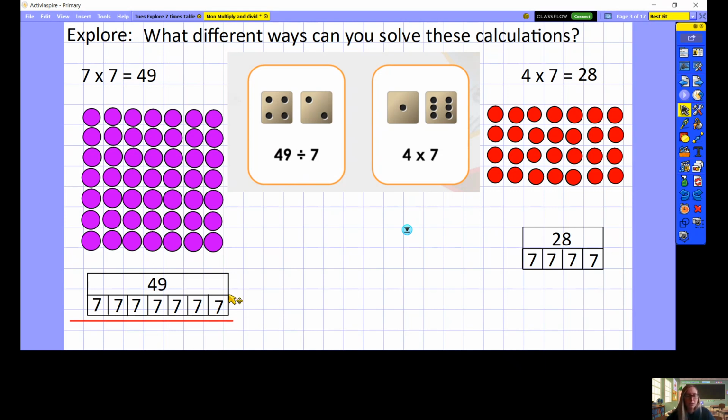And here's what the bar model might look like to show that. So we've got 7 equal groups of 7 here, and the answer is 49. So it's 49 divided by 7 equals